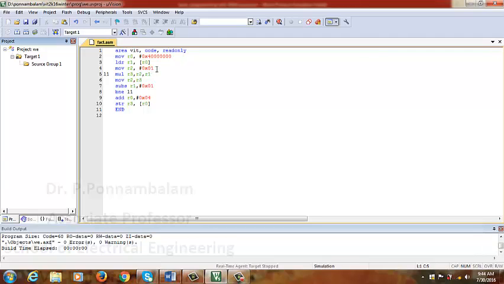0x01. Because factorial is like, if you are saying 5, the result should be 5 into 4 into 3 into 2 into 1, but it cannot be multiplied with 0, because if you multiply anything with 0, it results in a value of 0. So we need a value which should have the minimum value, that is 1. So for that we have this R2 register that is having the minimum value as 1, so that we have initialized. Then R1, so in this case now we'll go in a fashion as such,